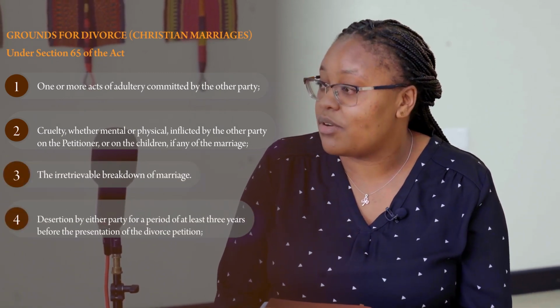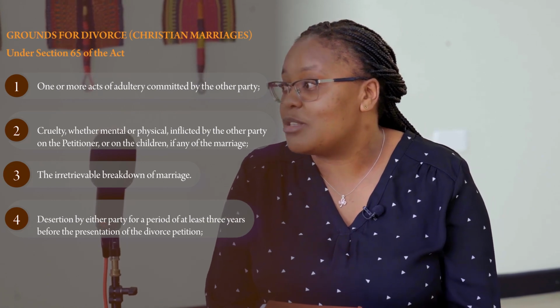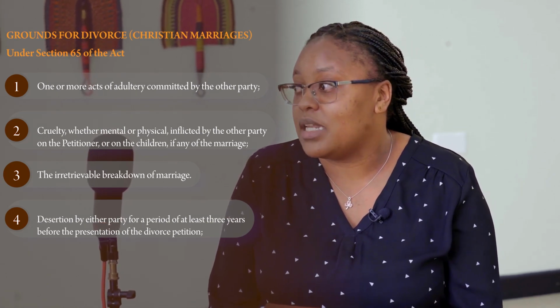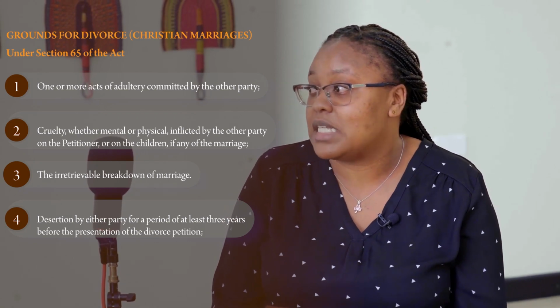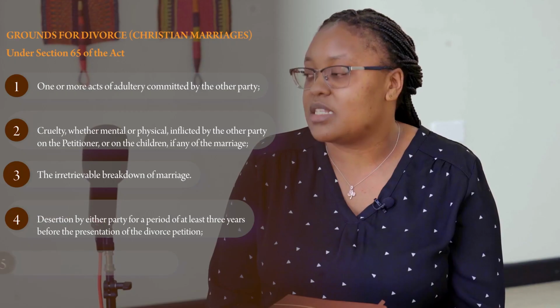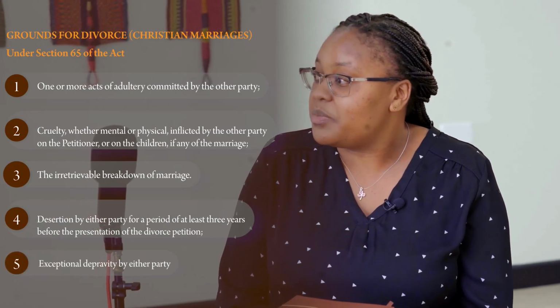We have desertion, or as many people say, ghosting. So maybe your spouse just packed up one day and left, and you've never heard from them for 5-6 years, and there is no prescribed time period for which your spouse needs to have deserted you. For example, they don't need to have deserted you for 1 year or 3 years. And then another ground is exceptional depravity. So exceptional depravity can arise, for example, in a situation where you're a stay-at-home mom or stay-at-home husband, you're the one taking care of the kids, and you're relying on your spouse to give you financial support.